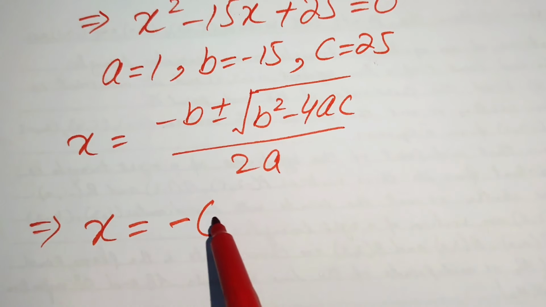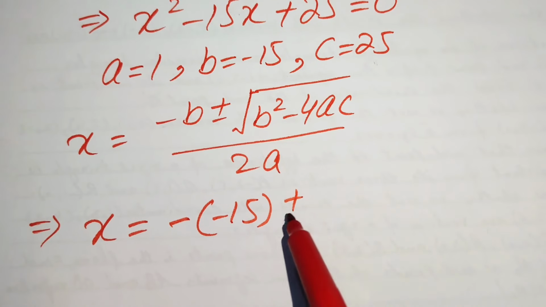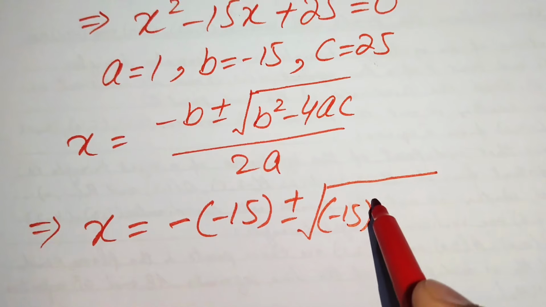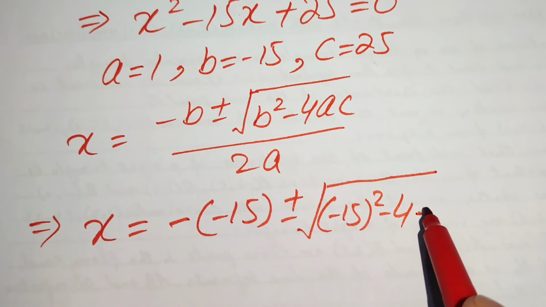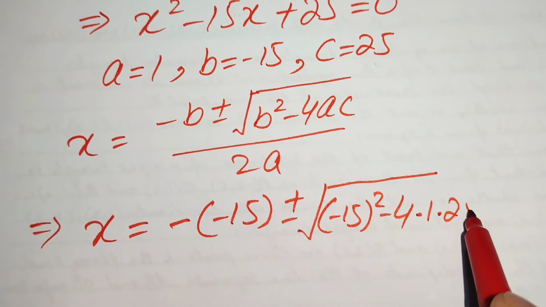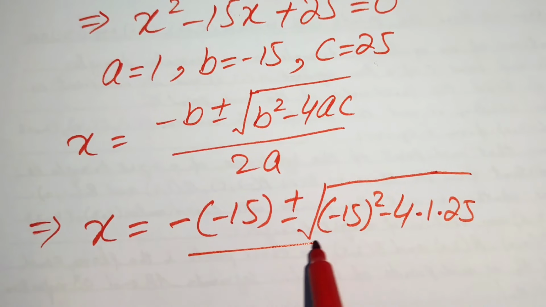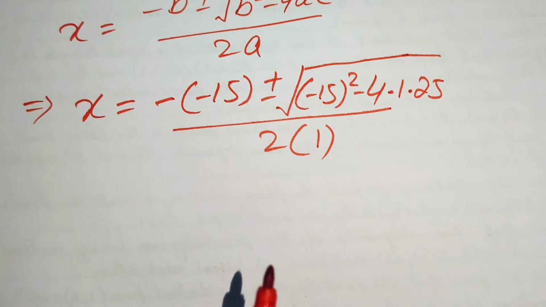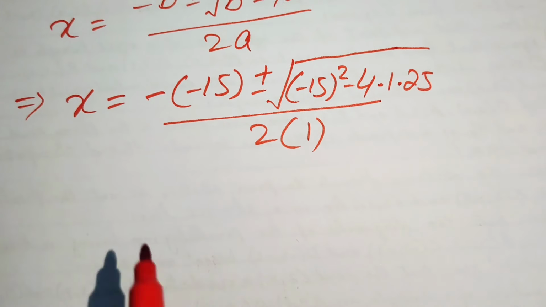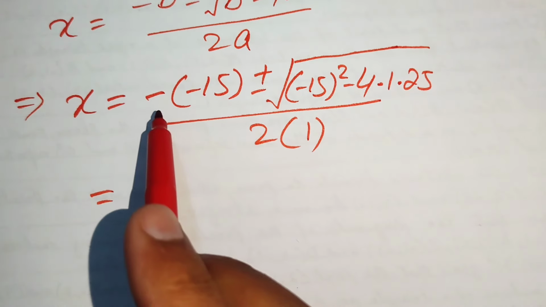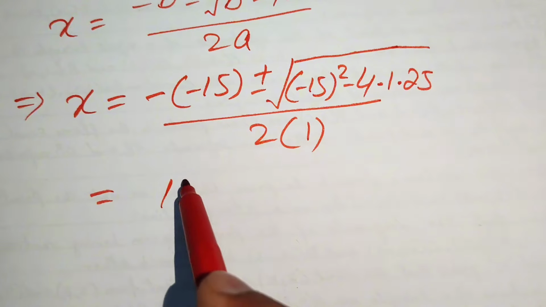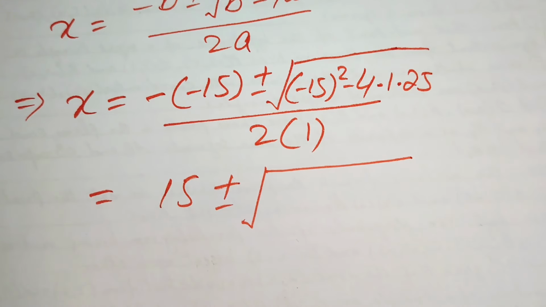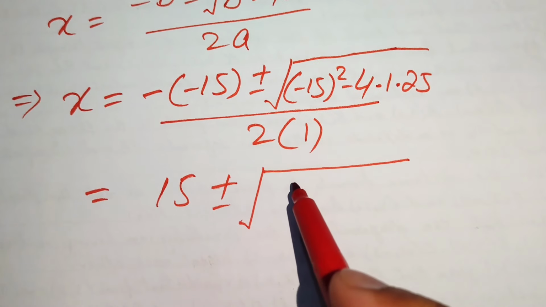After substituting the values of a and b, first we have minus b, and the value of b is minus 15, plus or minus the square root of b squared. So b is minus 15 squared, minus 4 times a, where a is 1 and c is 25, divided by 2 times a, and the value of a is 1. So further we have minus times minus becomes plus 15, plus or minus the square root of minus 15 squared equals